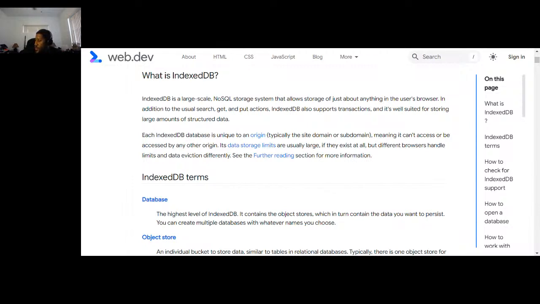Each one is unique to an origin, typically the site domain or subdomain, meaning it can't access or be accessed by any other origin. Its data storage limits are usually large, if they exist at all, but different browsers handle limits and data eviction differently. See the further reading section for more information.